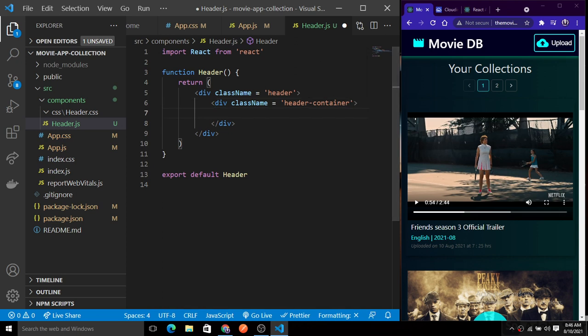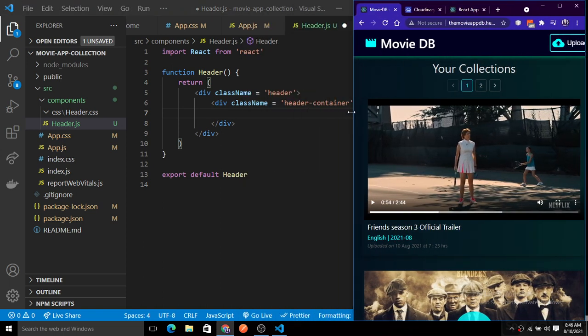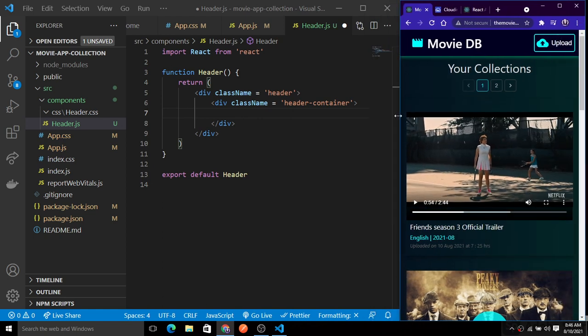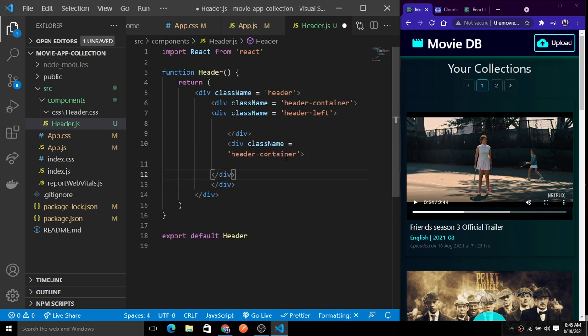Inside of the header container you can see we have two different things, a header left and a header right. So we create two different class names, header left and header right. Copy the same and paste it down here, rename the container, and put header left, and similarly we can add the header right. So instead of this header container we put header right.